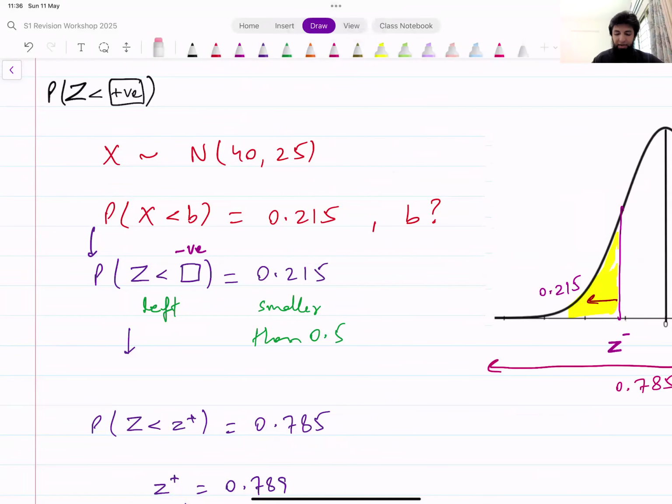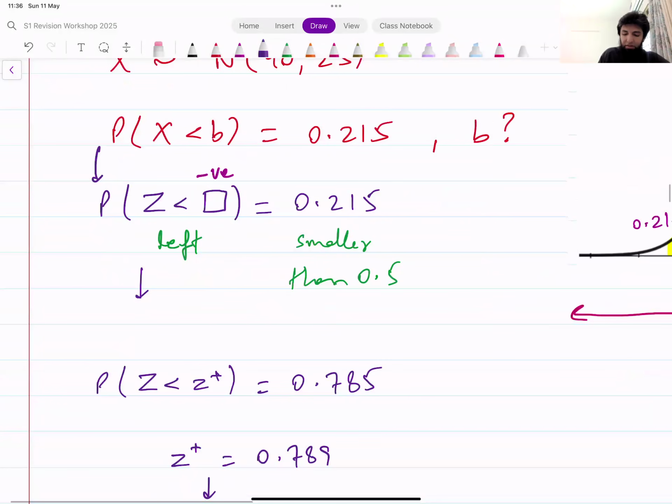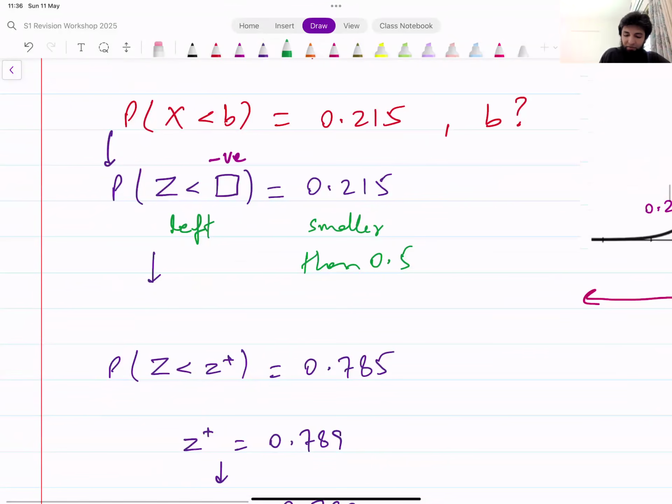40, its variance is 25. And again, what we're given is that probability of X less than B is equal to 0.215. And we want to find the value for B somehow. Again, we think of it like this, Z less than some number that is equal to 0.215. And again, that means that area towards the left